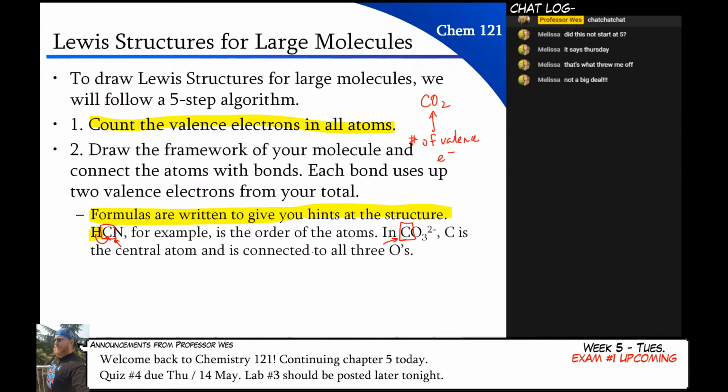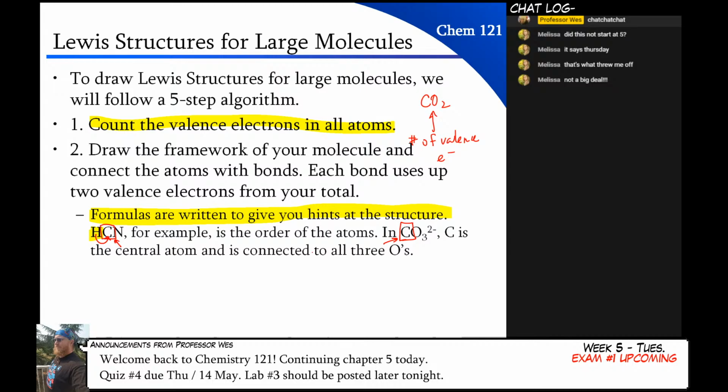When we draw Lewis structures for molecules that are molecular compounds and covalent, they don't have any metals in them. They only have nonmetals. But of the two nonmetals that we're considering, one of them is going to be the more metal-like, which we discussed in Chapter 3 and 4. Which element is furthest to the left on the periodic table? That's going to be the more metal-like. That element is going to want to give up its electrons more than the others, and so it will go